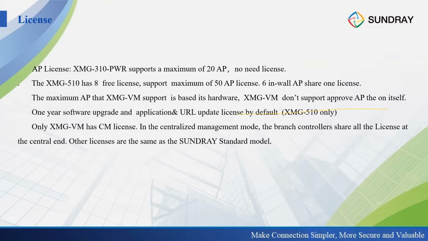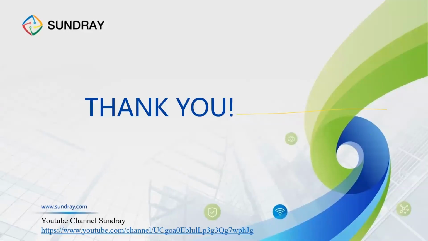Because one of our main target clients is the low-end hotel. The hotel wants unified Wi-Fi, but they don't want to pay too much. So we have a Charlie controller with APs that only needs 50 licenses, but it can manage 300 indoor APs. Okay, so we just finished the